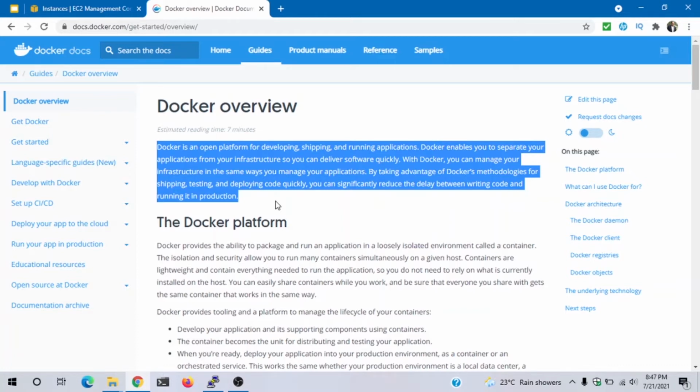We IT engineers often confuse Docker with a new age virtual machine, but it is architecturally very different. Docker can be considered as a child process with better isolation and environment control. Now that we have understood what Docker is, let's go ahead and install Jenkins on a Docker container.